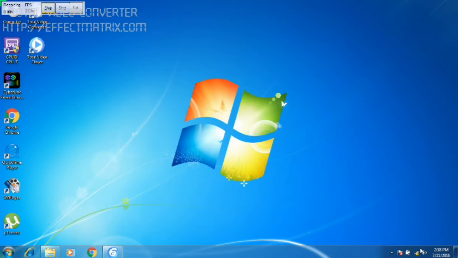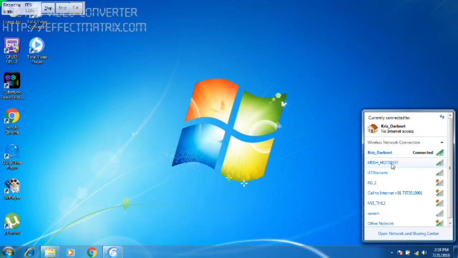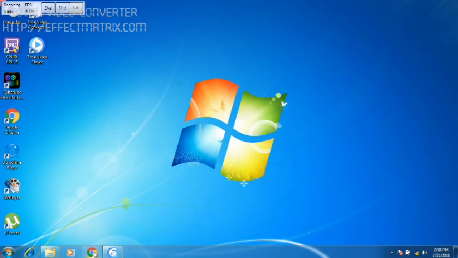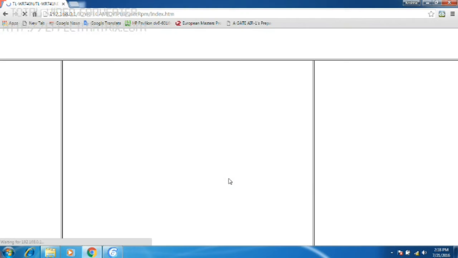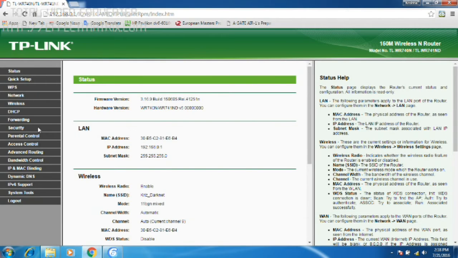Now connect to the network to which the Raspberry Pi device is connected. In my case, I have to connect to the TP-Link Wi-Fi router through Wi-Fi or a LAN cable connected from my system to the router. Every Wi-Fi router has an IP address which can get you into its admin page, and once you log into the admin page of your router, just go into the page which shows all the devices that are currently